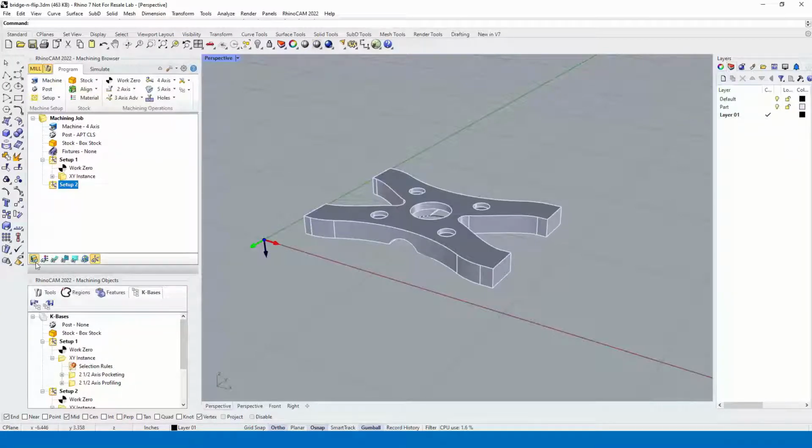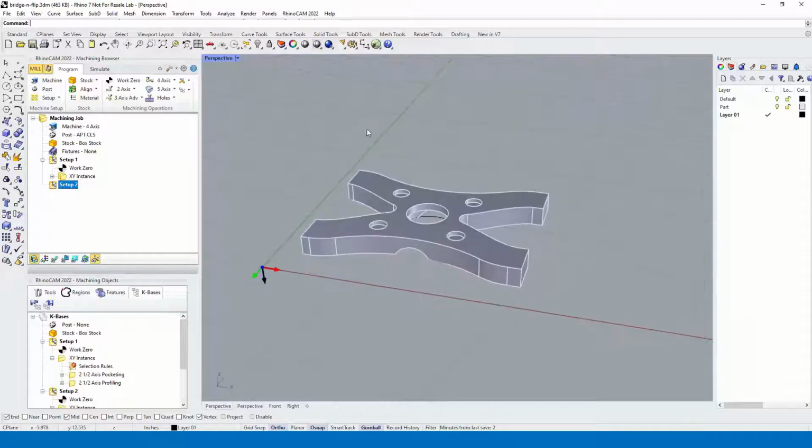So now we have the stock and the part aligned. We don't have to move anything. All we're doing is creating another setup pointing in the opposite direction at the same location as setup one. Okay, so what we're going to do here is we're just going to